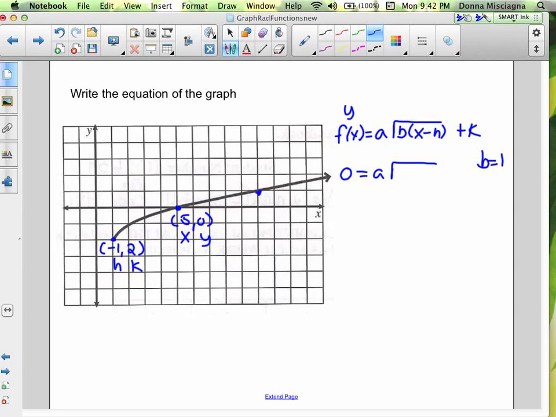So we have 0 equals a. B is going to be 1. Right? So I'm going to tell you you're not solving for b here. And then our x is 5, and our k would be minus,